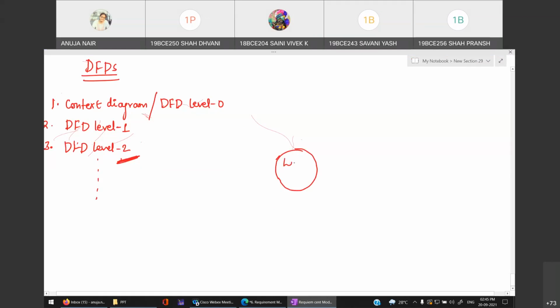Let's say I'm creating for library management. So what I will do, I'll write library management system in the center. So what is this? This is my process basically. है ना, जो सर्कल है वो तो प्रोसेस है, ठीक है. अभी जब आप कंटेक्स्ट लेवल डायग्राम बना रहे हो, which is DFD level 0, you are more concentrated on the inputs and outputs.